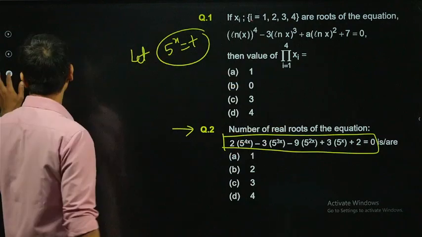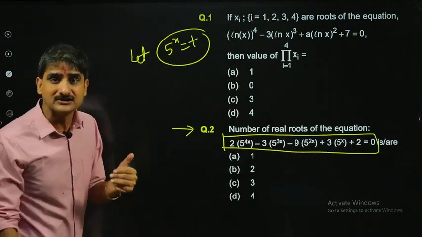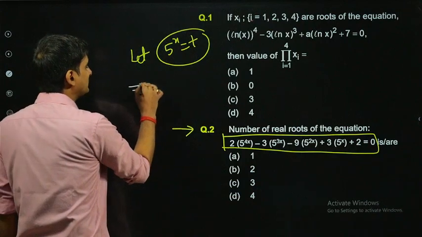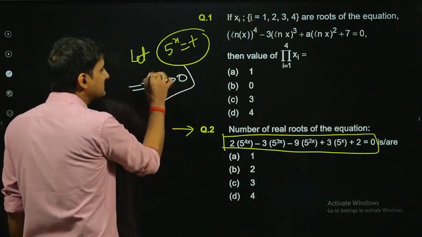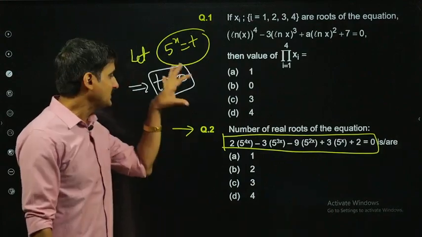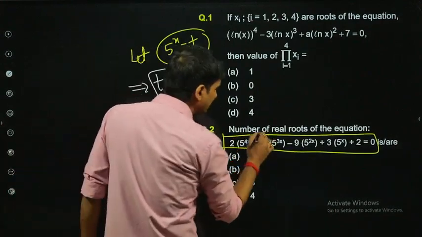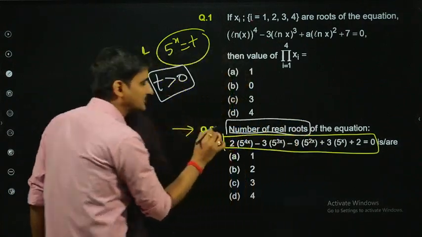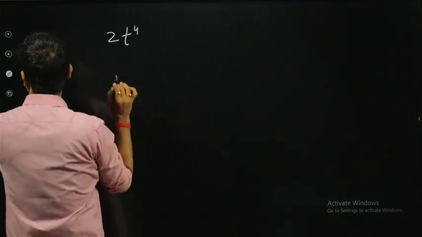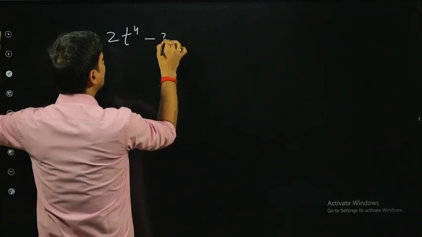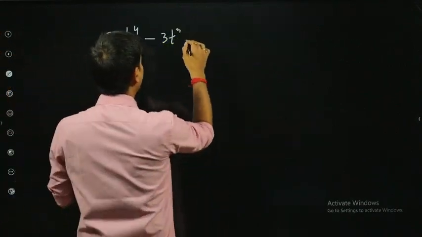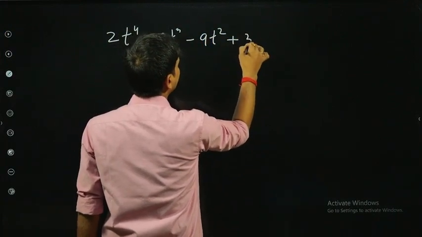But that's not the case here. We all know that an exponential function can never be negative, neither can it be zero. So it is always positive. So the moment you replace 5 raised to the power x by t, you should know that t has to be positive. Once we do it, we can see, because the question is all about the number of real roots of this equation, after converting it to a polynomial in terms of t, if we get a root which is, let's say, negative, are we going to accept that root? Answer is no, we won't accept that root here. So that's why we have to be careful.